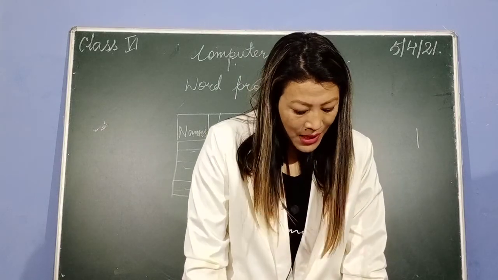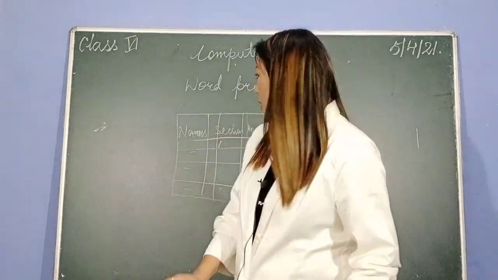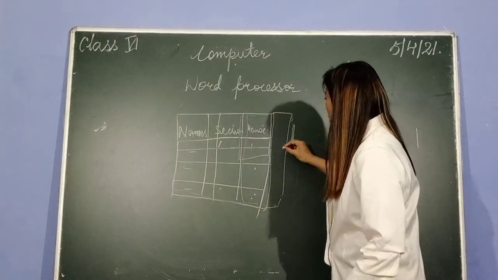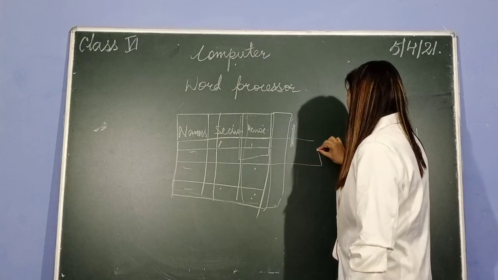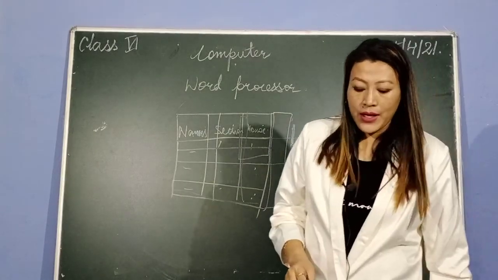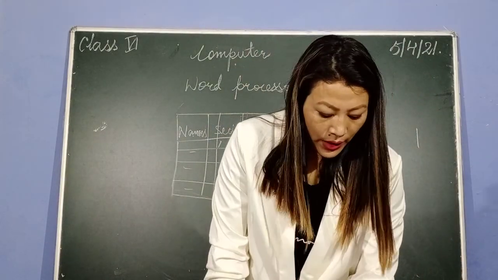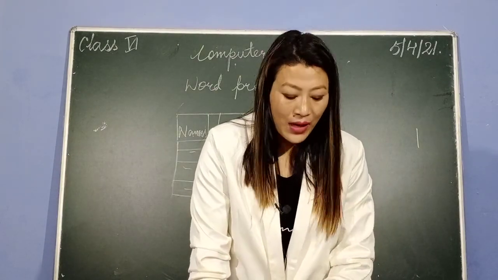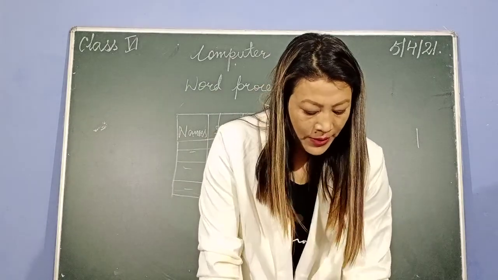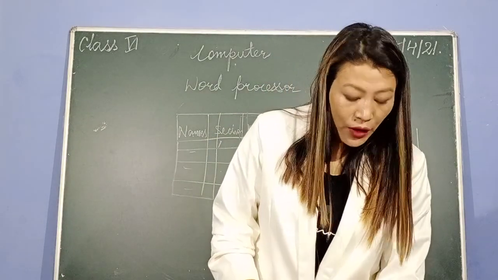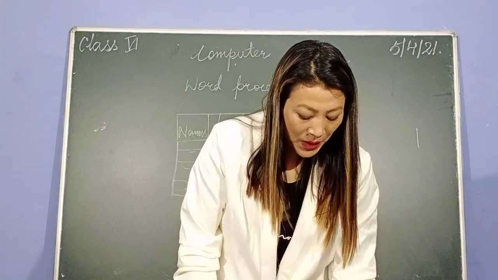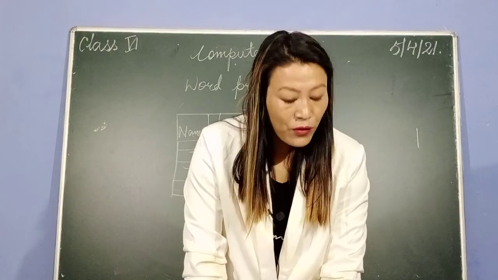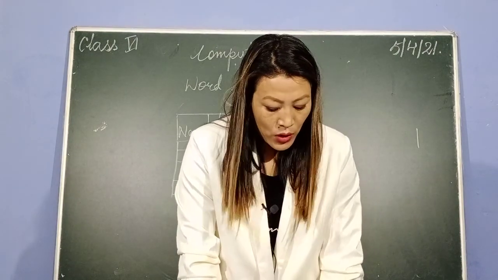At the same time you can change the column width. Row height means this one, and column width means this one here. So you can change the height and width of the table also. It is there in page number 32. You can have a look at figure number 13. Here the changes of height and rows are seen. You can see in the picture that row height and column width is changed. So you will get it from the layout tab. You can do that also.